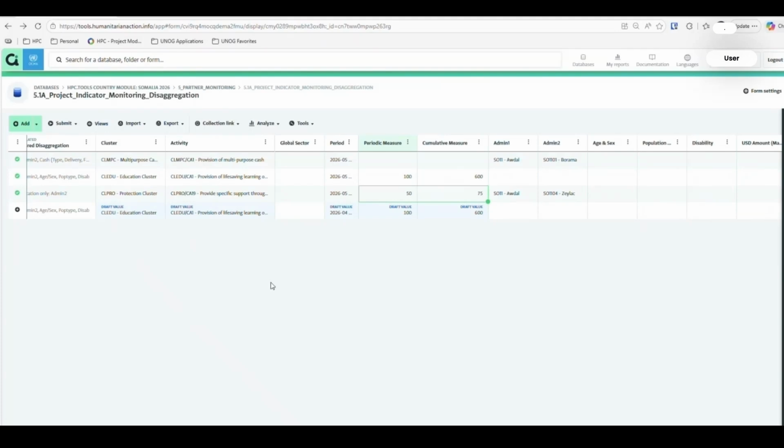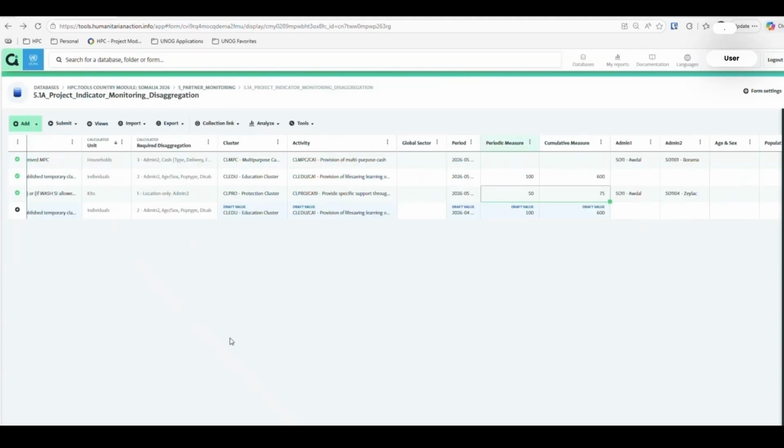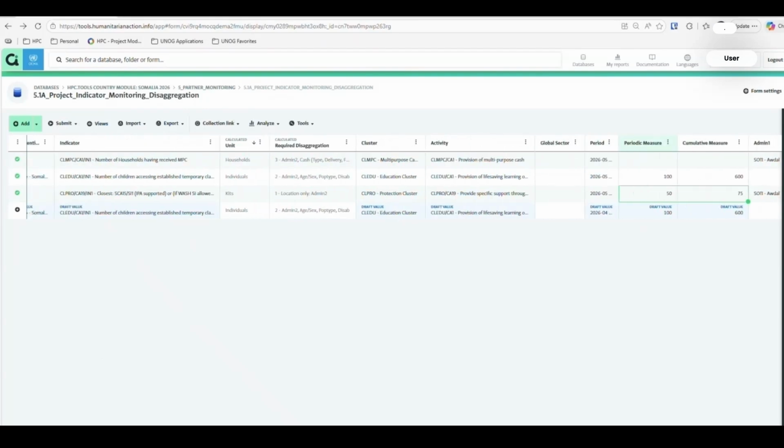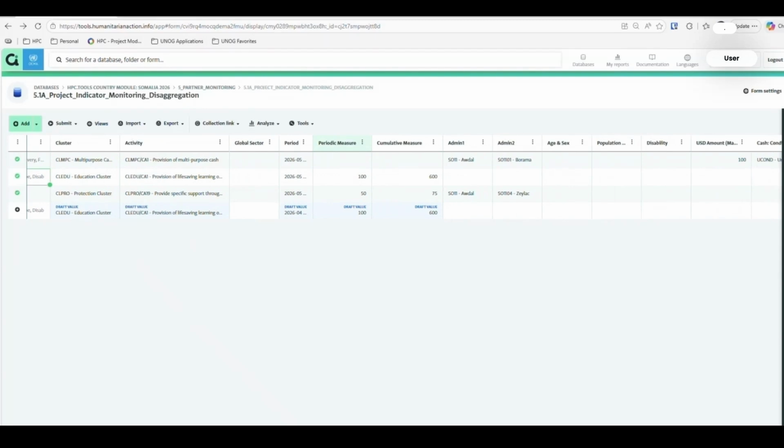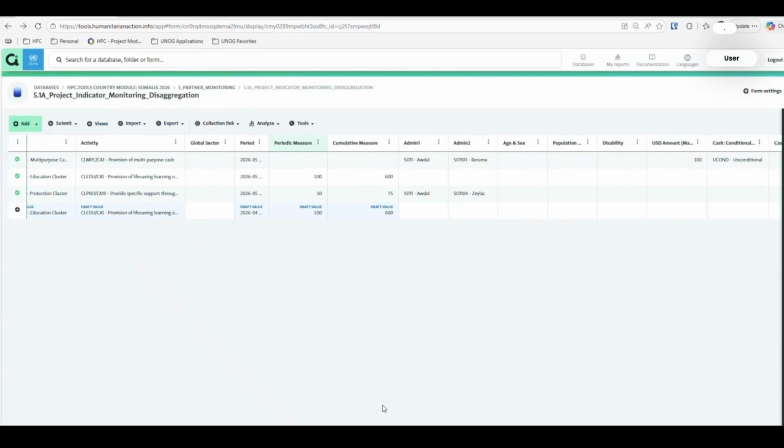Let's look at another example. Some indicators require more than location disaggregation, such as this one here. This one, as you see, requires to be disaggregated by not only the location, but also by agent sex, population type, disability, or any one of them. So it could be only for agent sex, it could be only for population, it could be only for disability,